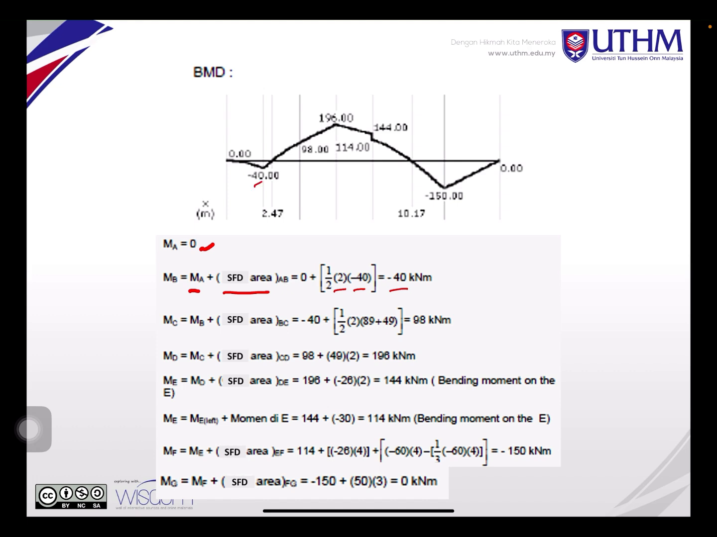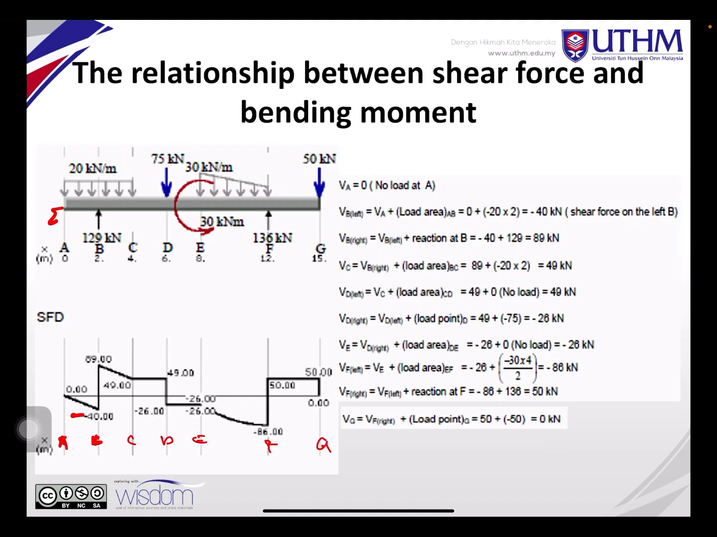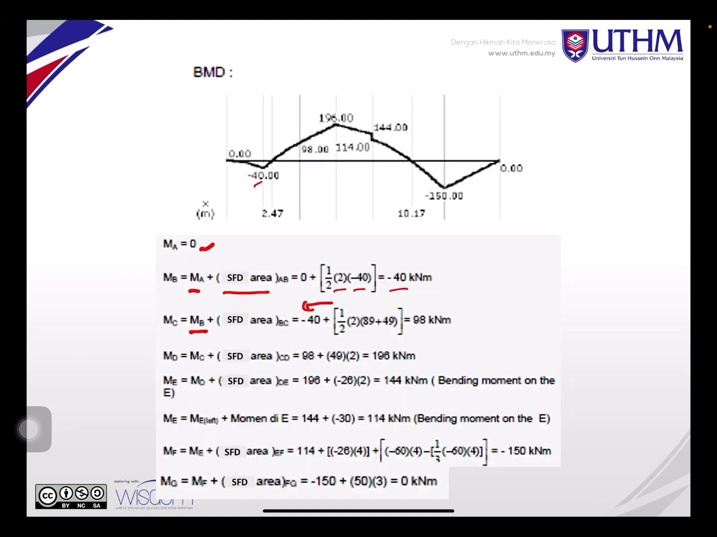Okay, so MC is equal to MB. So you carry forward here: negative 40 plus, so this is positive, right? 49 times 2, the area for it. So you calculate this area, you get 98 kilonewton meter. So you calculate this plus this, at point C. You get A, B, C, so you get D,